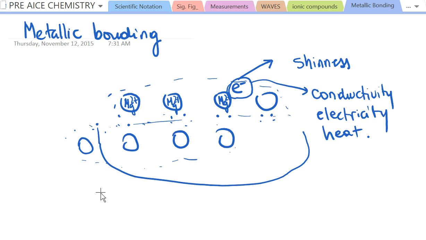So we are going to have sliding over each other. That's why the metals are malleable, meaning we can hammer them down into sheets, or they are ductile. And ductile means that they can be pulled